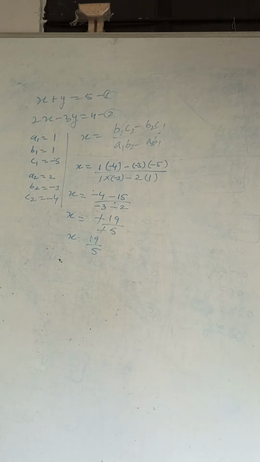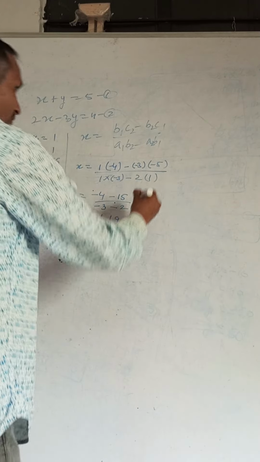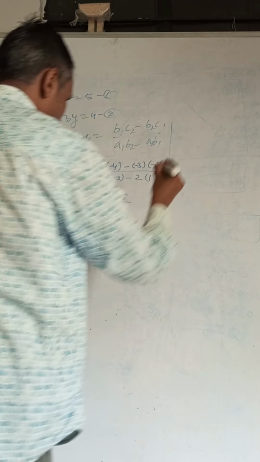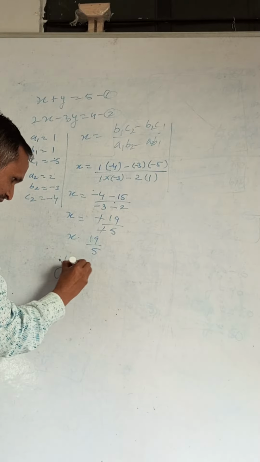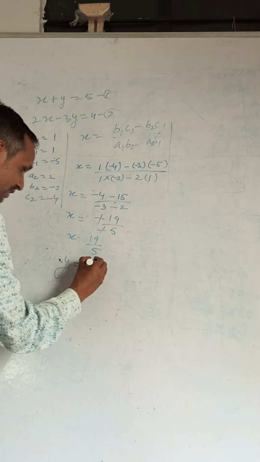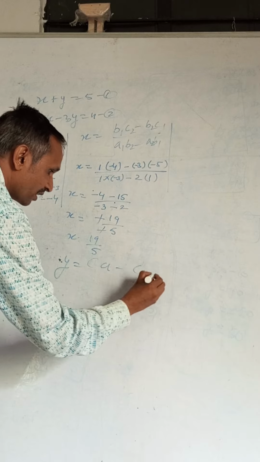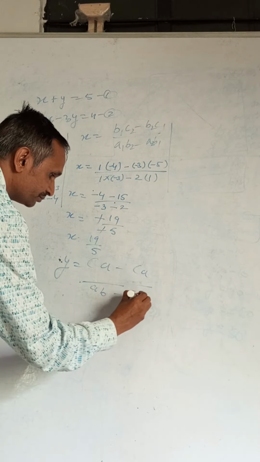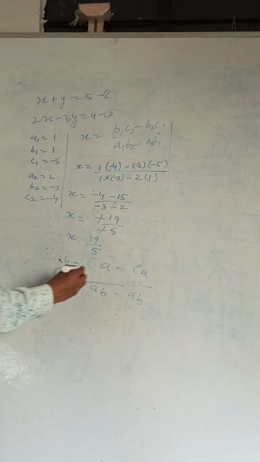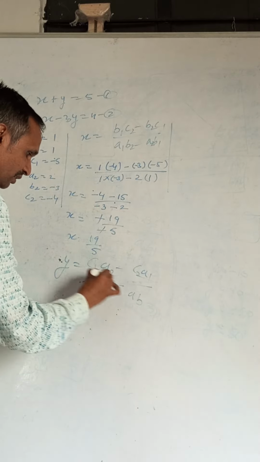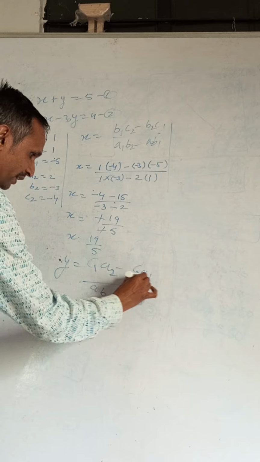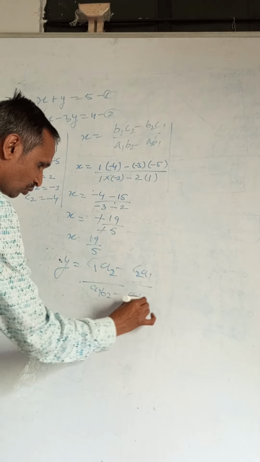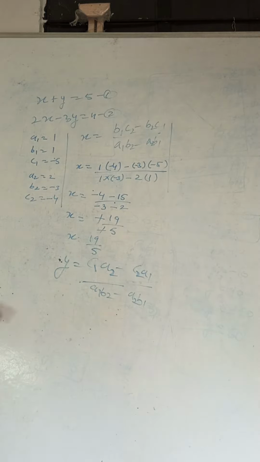Now we are going to find the value of the y. Value of the y. So here written y is equal to what? Formula writing: y is equal to (C1A2 minus C2A1) by (A1B2 minus A2B1). Now you are writing 1 2 2 1, 1 2 2 1. Then 1 2 2 1 writing. Now you are keeping the values of this one, ABC.